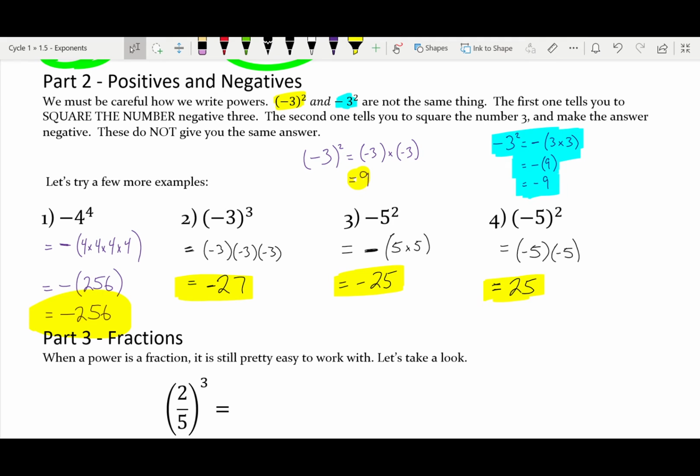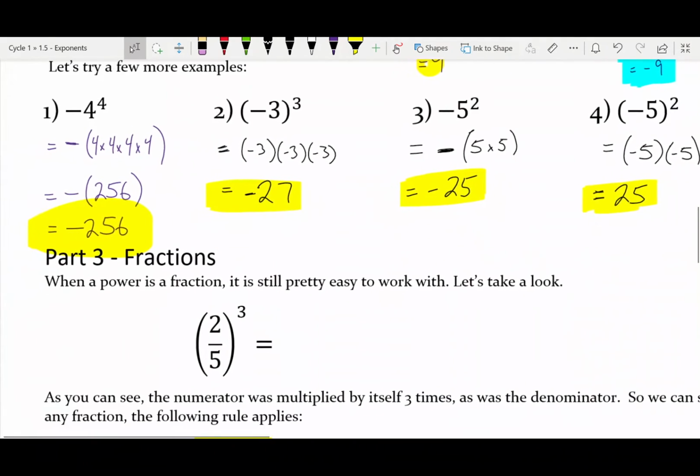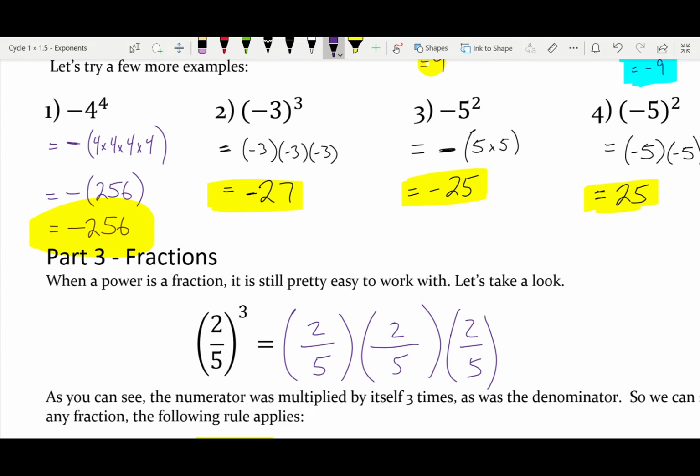What about with fractions? What's that going to look like? Is it really complicated? Right? We have 2 over 5. What's actually happening here? It's just the repetition, like this. 2 over 5 times 2 over 5 times 2 over 5. And when we multiply fractions,